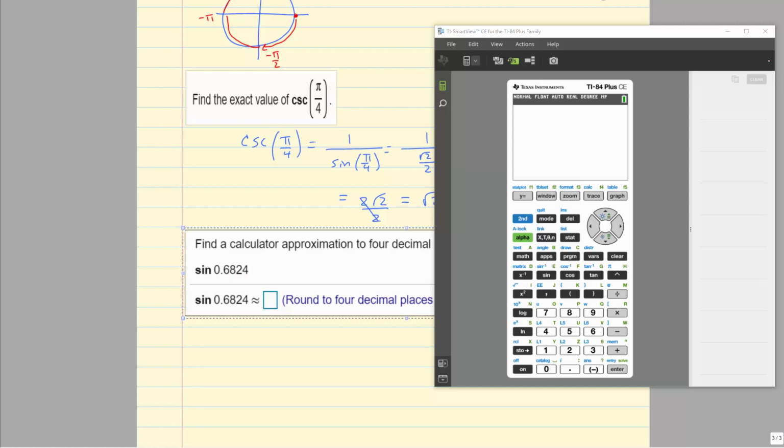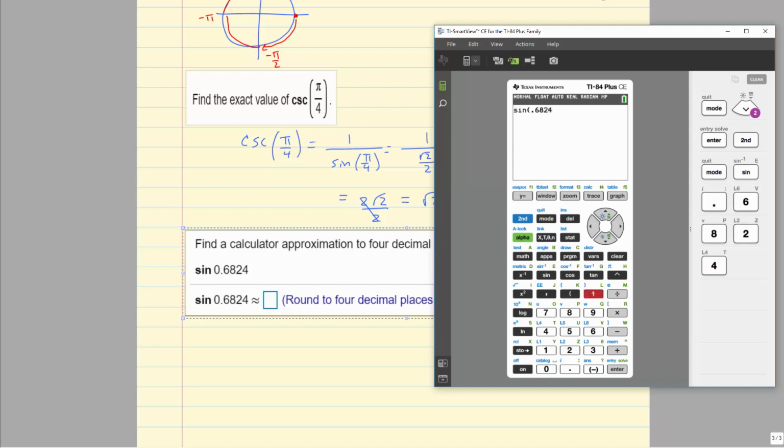So up here on your calculator, you'll notice that it says degree. You always need to double check your mode. To change this to radians, because we are working in radians, we can just scroll down, find radian, and hit enter. If you notice that it's solid flashing now, I know I'm in radian mode. So second quit to get me back to my screen, and I'd say the sine of 0.6824. Now I'm in radian mode, so I get